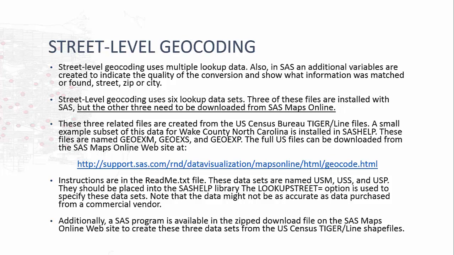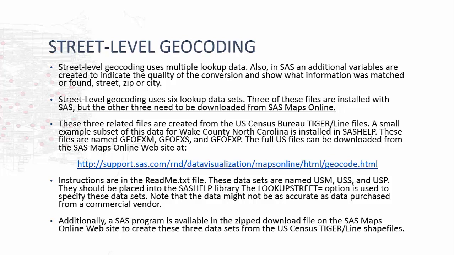These 3 related files are created from the U.S. Census Tiger line files. To download these additional data sets, follow the link below. There's instructions in the readme.txt file that tells you what to do with the data sets. The 3 most important data sets that you find are USM, USS, and USP. When you download them, you need to run a program in order to convert them to a SAS data set,